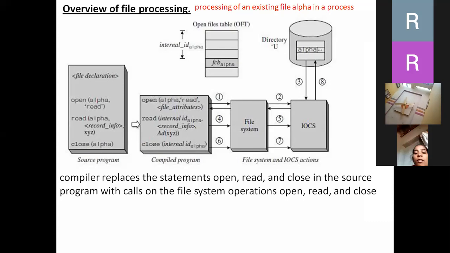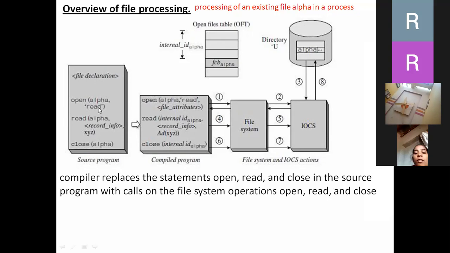Okay, so you can notice that the first parameter in all these calls, like the open call, read call or close call, is the address of FCB alpha. Here we are not using the file name alpha.